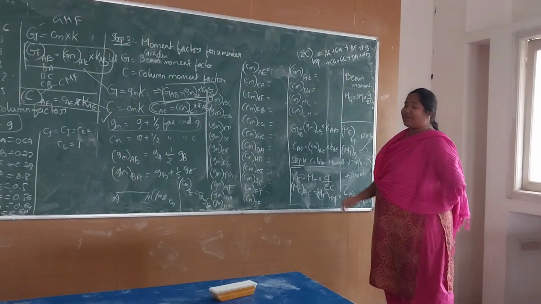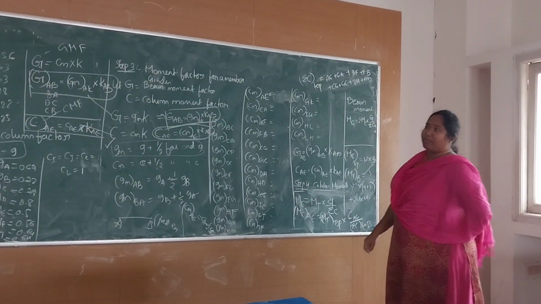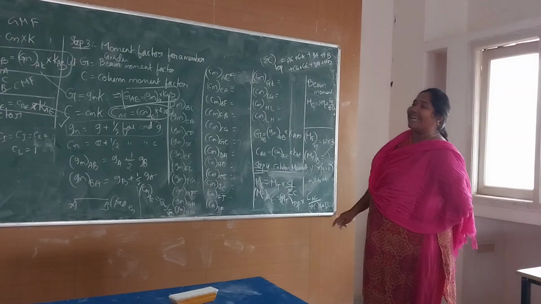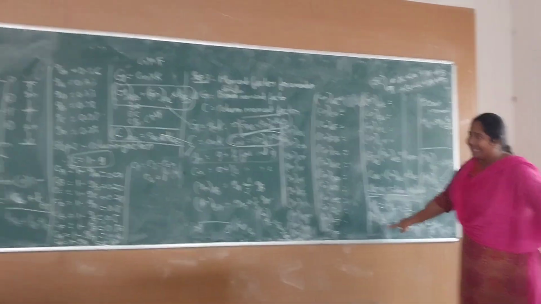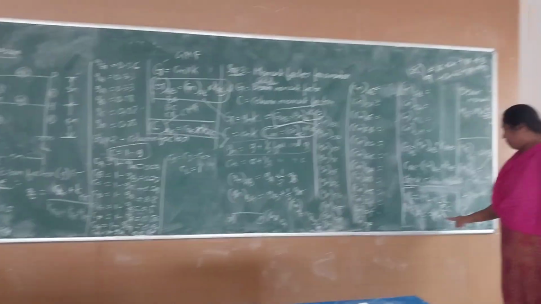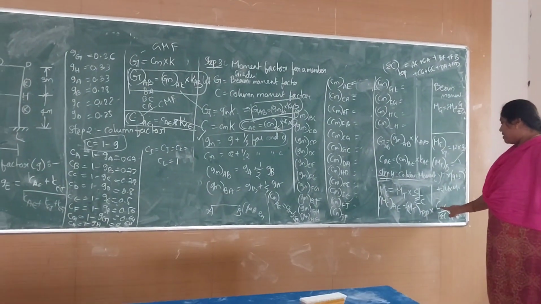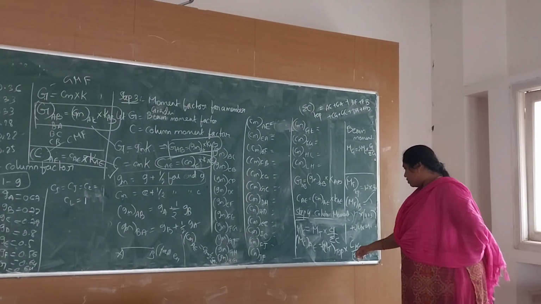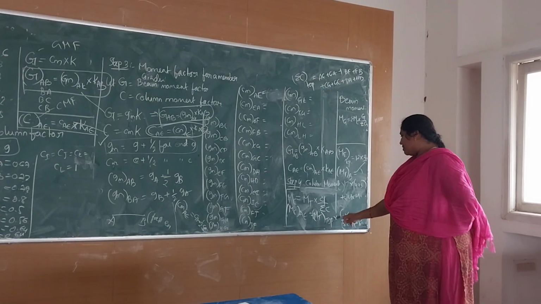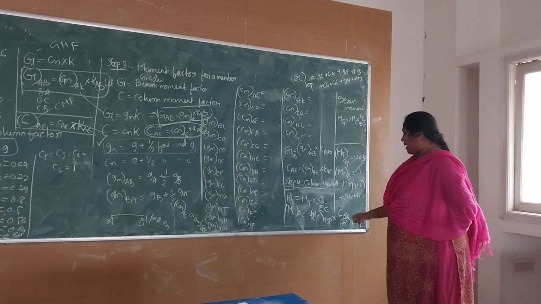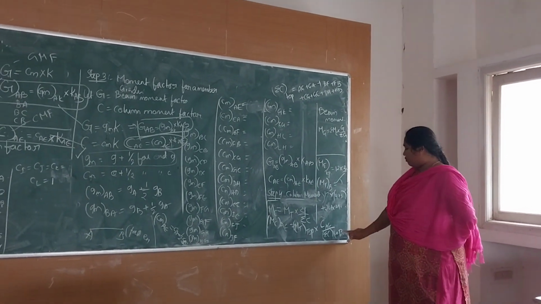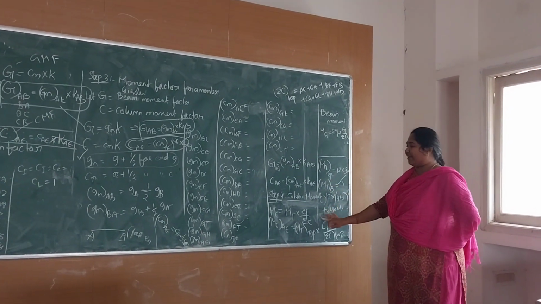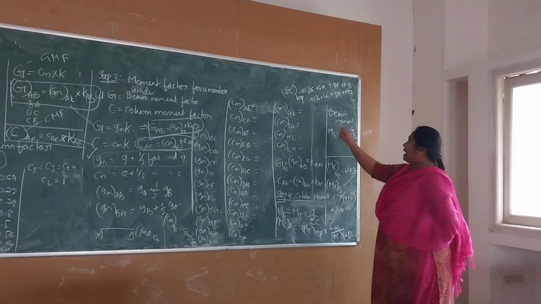Now after this we will calculate for the bottom floor. For the bottom floor, what is the member? Here is the member. So I will write MC of EI is equal to MT of the bottom floor into C of EI divided by summation of C for the bottom floor. Like this we should develop column movements. Now for beam movement,